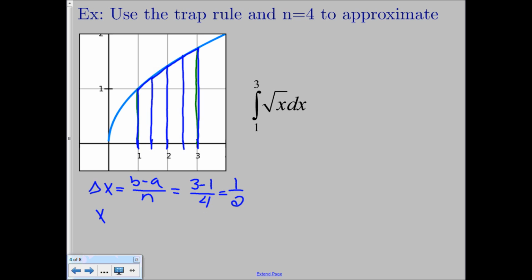Now, I didn't mention this on the last page, but your formula for xi is always just a plus delta x times i. So in this case for us, it's going to just be 1 plus 1/2 i. And you start plugging in for i from 0 and go all the way up to n. So to use the trapezoidal rule, the integral is going to be approximately 1/2